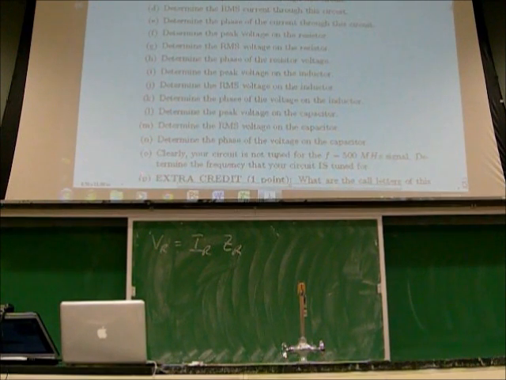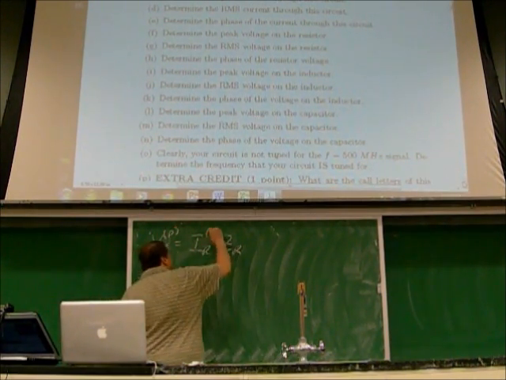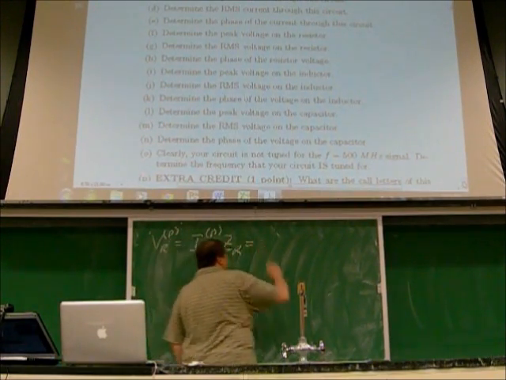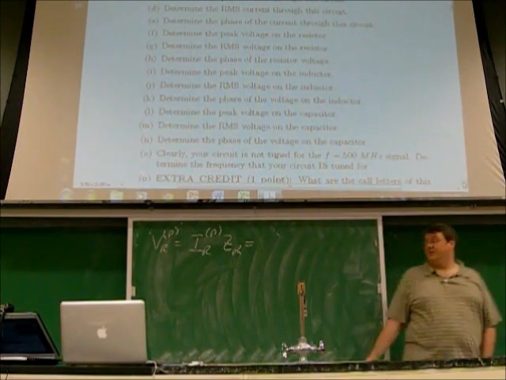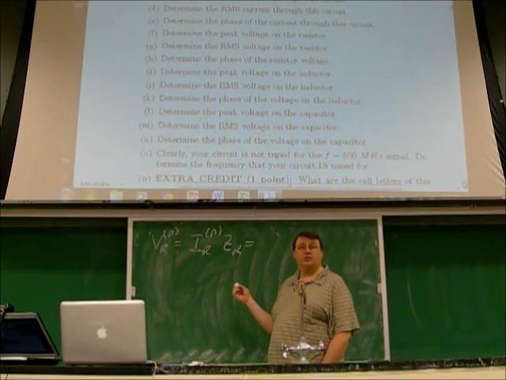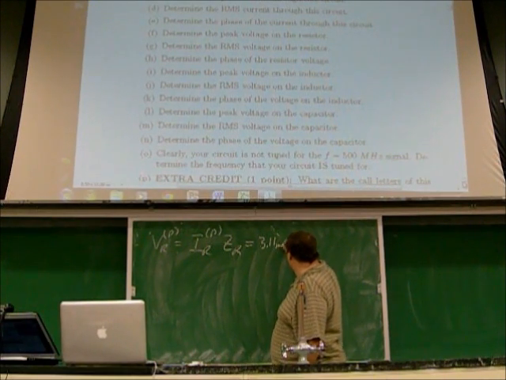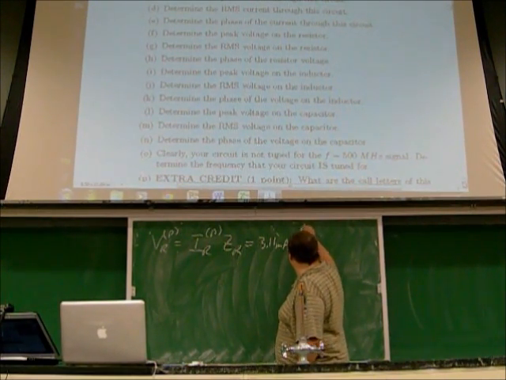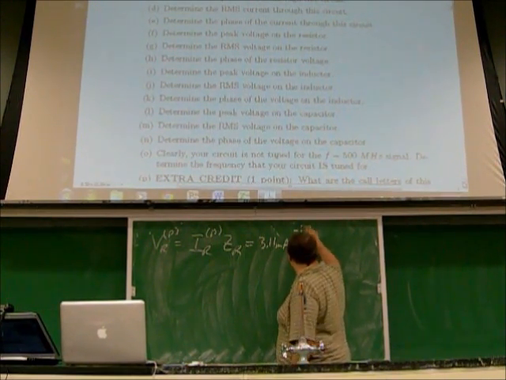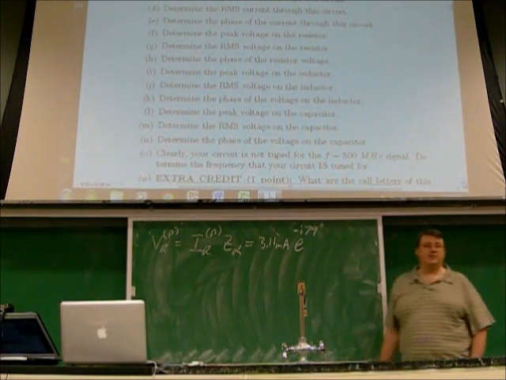Okay, I heard peak. In that case, the peak voltage on the peak current through the circuit is 3.11 milliamps, and the Z of the